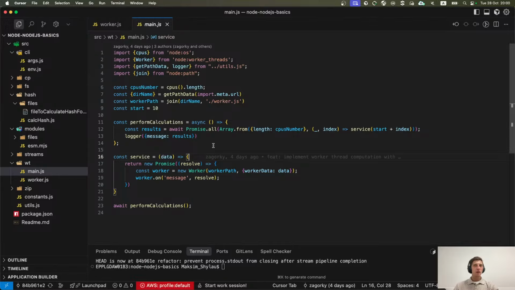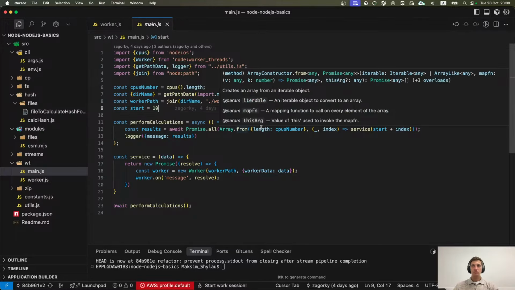Let's see how it works from the main file. You can see that we get the CPUs length. We get the path to the worker. We have a constant that indicates the starting value for our Fibonacci function, and after that you should create one worker for each CPU core.